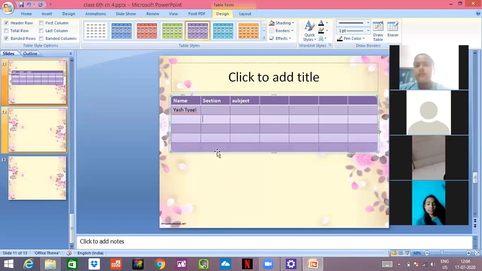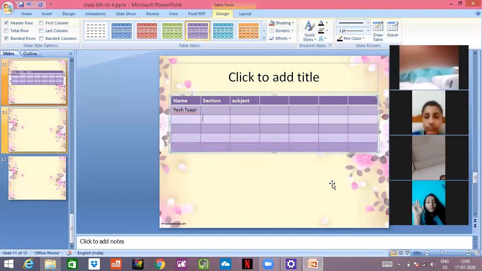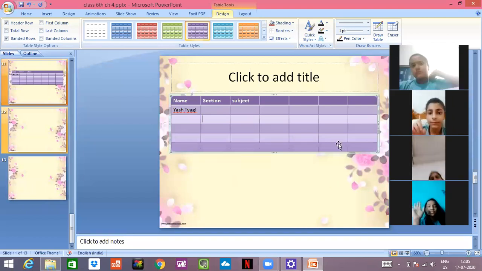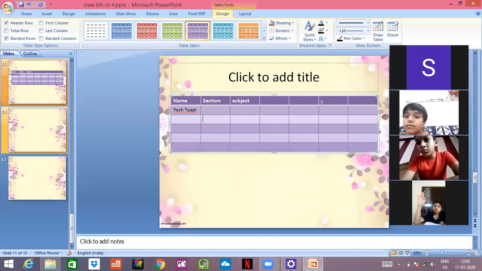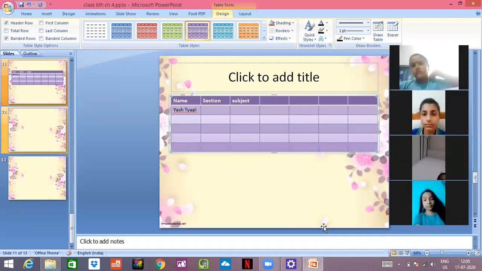Raise your hands if it is clear how to enter data in a table. Okay, Vanshika got it. Khushi, you got it how to enter a table. Okay, Yash has also got it. Okay, Devant, do you know how to enter a table? And Arish, raise your hand if you are able to understand. Good, beta.